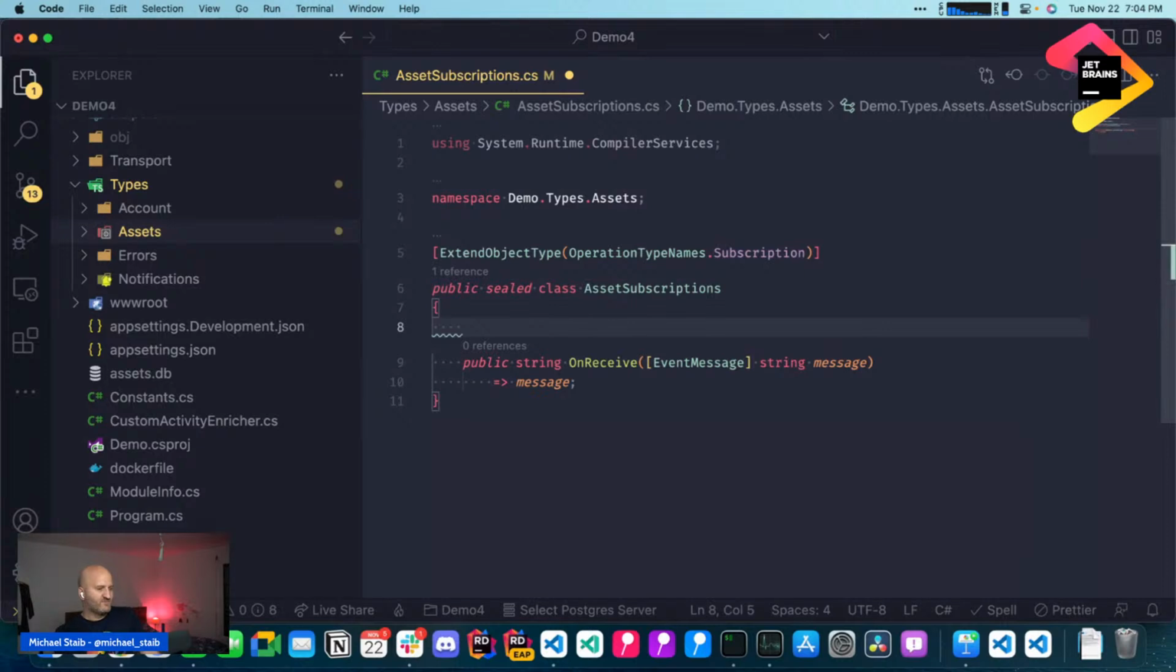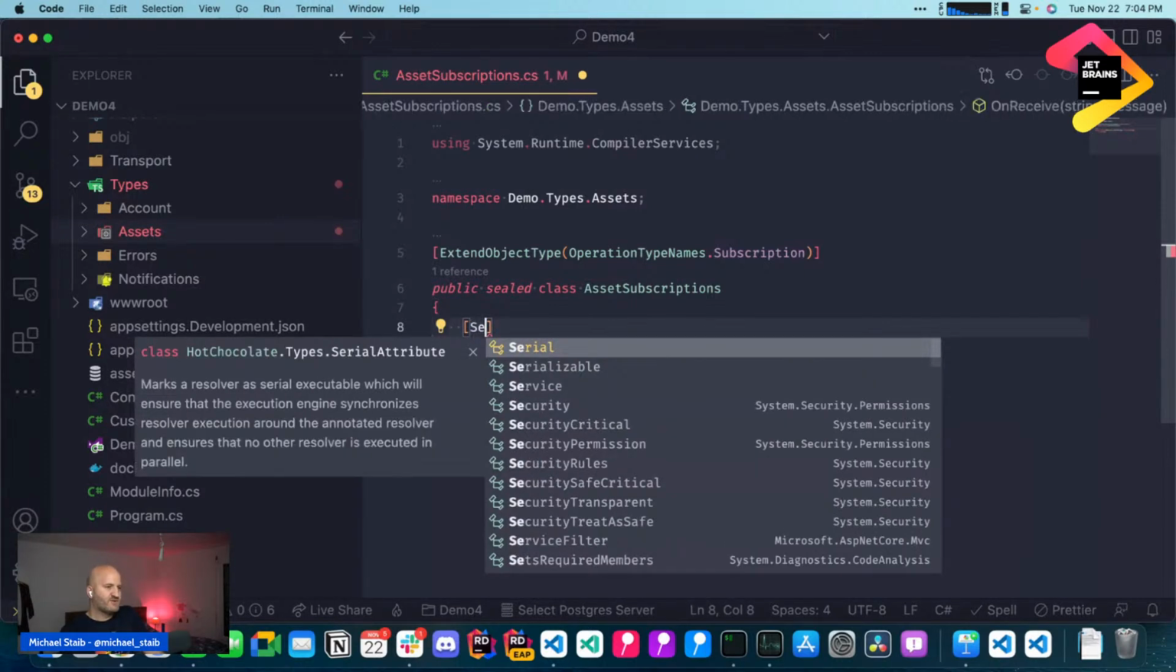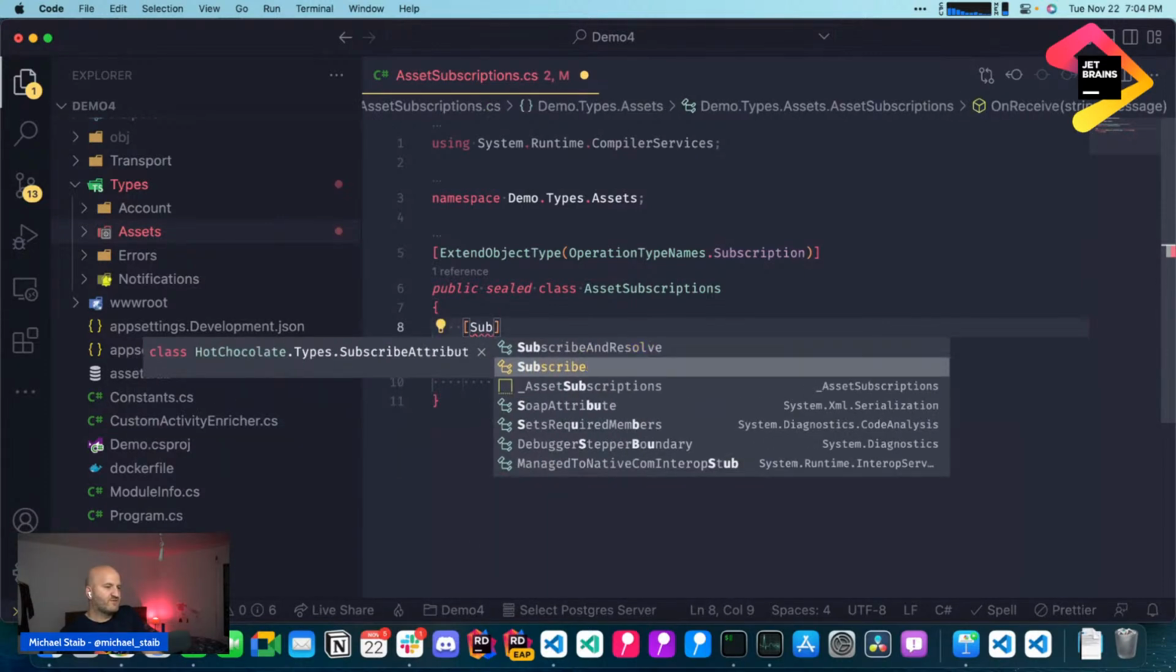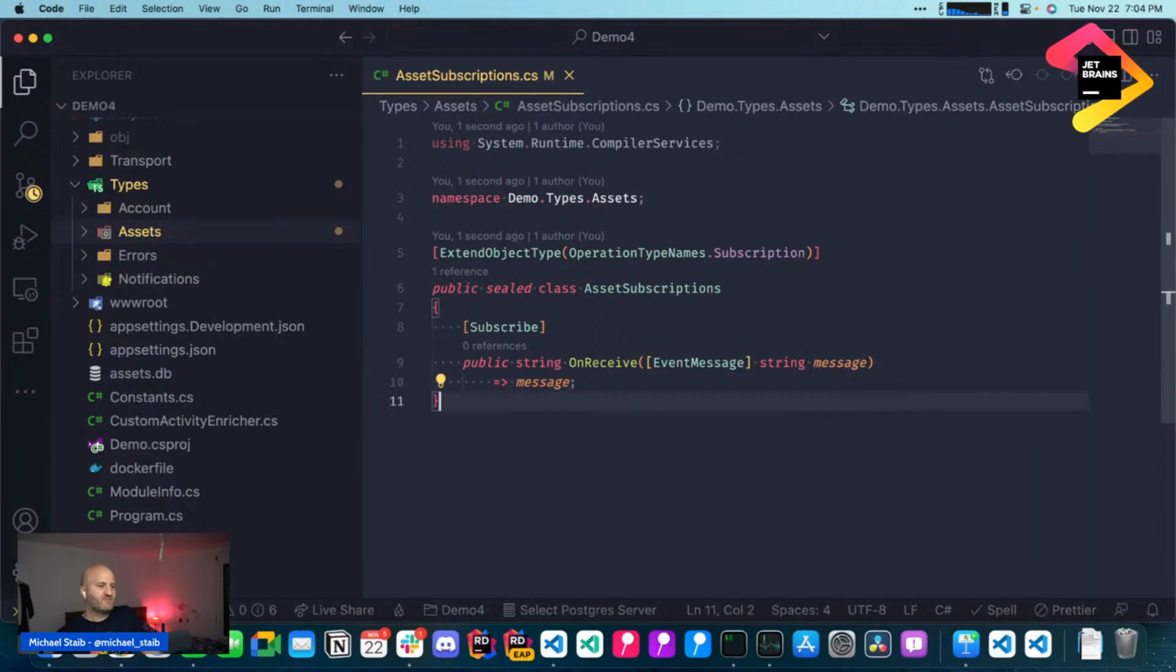And to make that real time, we just put the subscribe directive on it. And then this is a subscribe resolver. Okay. So the second thing is, the typical thing people do with these subscriptions, and that's not what I do later on,